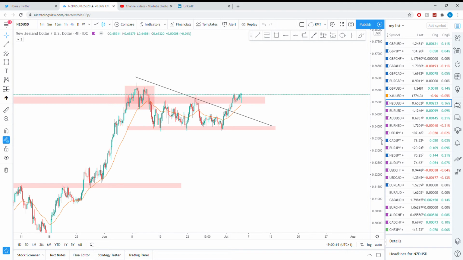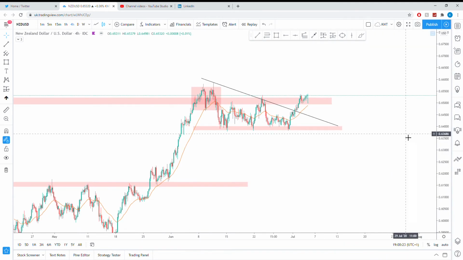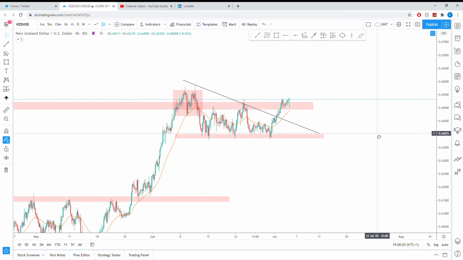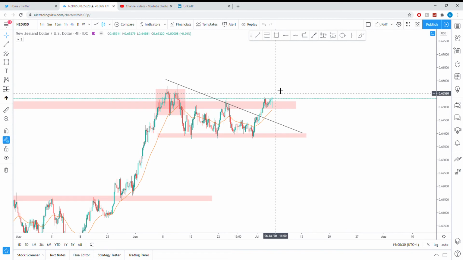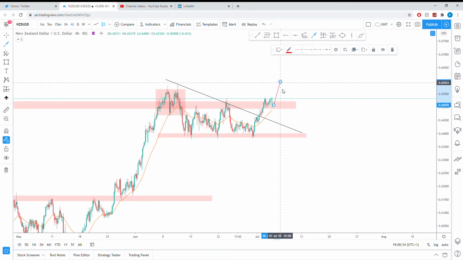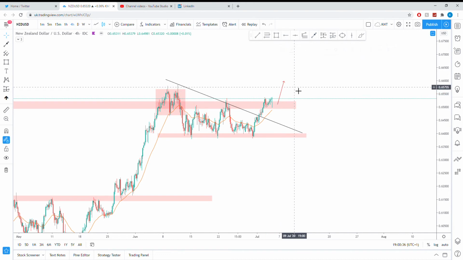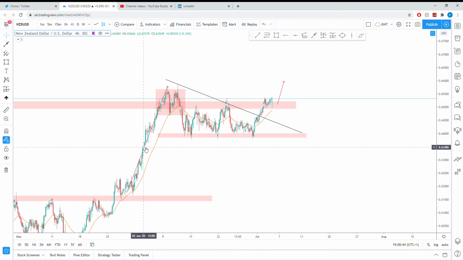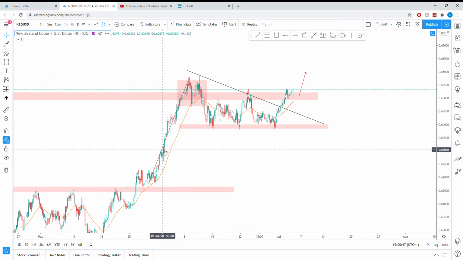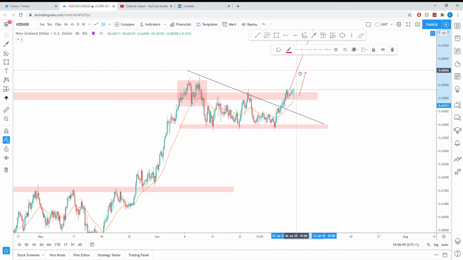Okay, so we'll start off with New Zealand dollar, US dollar. And again, we're pretty much into the upside of our reversal zone. So we can see we've had a form of rejection here. All we need to see now is continued momentum to push to the upside, and then we're going to see some potential push to the next phase. So I'm hoping that we can get another run like this. This is very optimistically speaking, but if we can push this up to here,